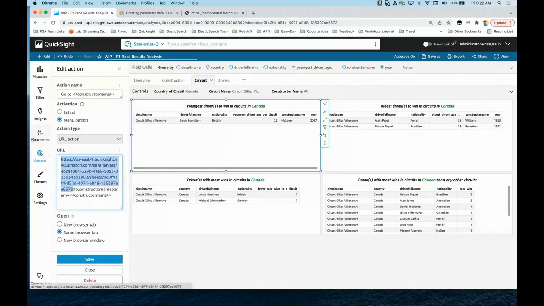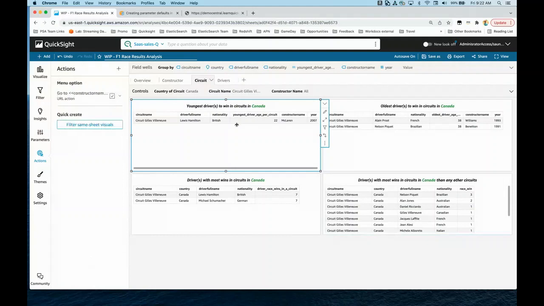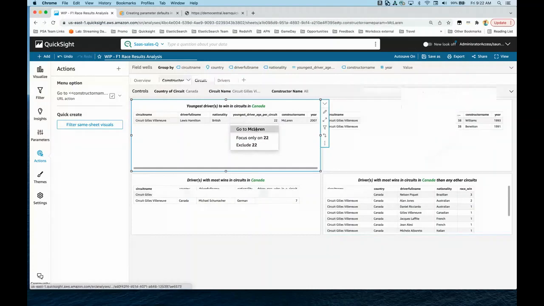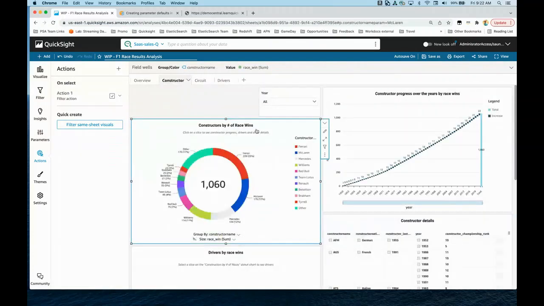So I change this thing. So now this is pointing to my constructor sheet. So I save it. Now if I click on here, I can see the constructor name McLaren. I can go back there. So it has been navigating away from circuit to constructor, but it's not filtering my